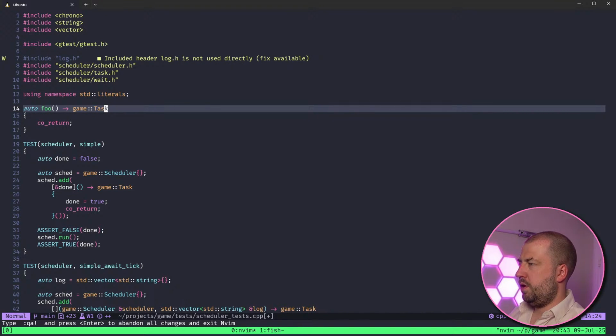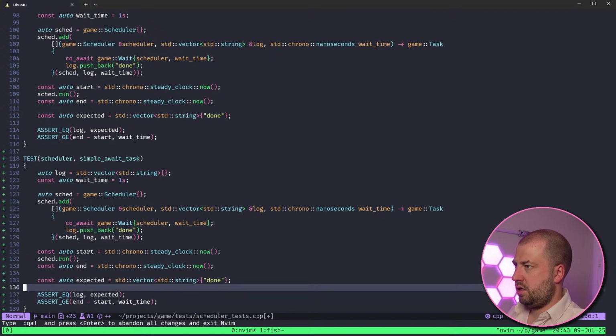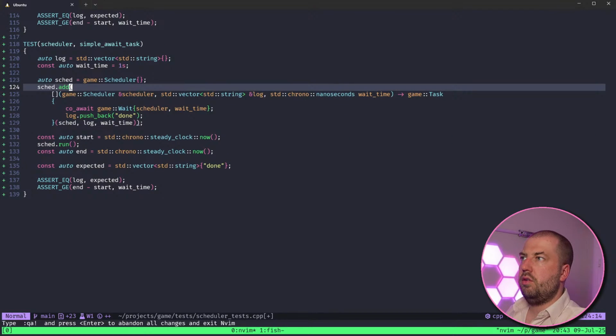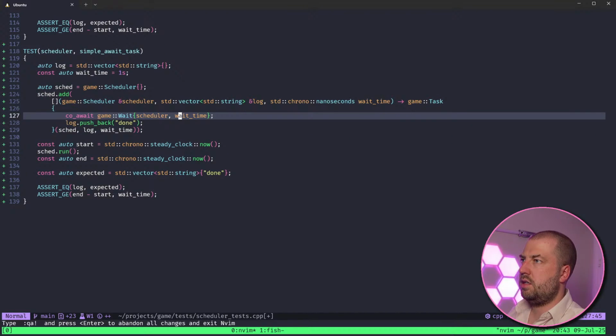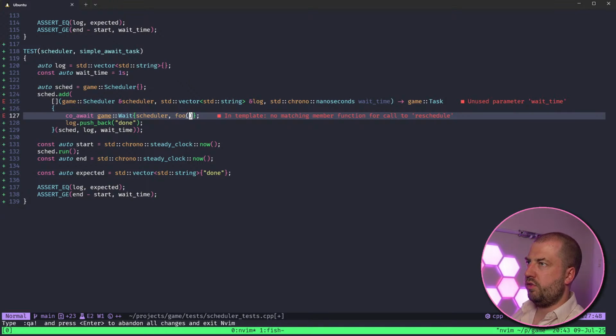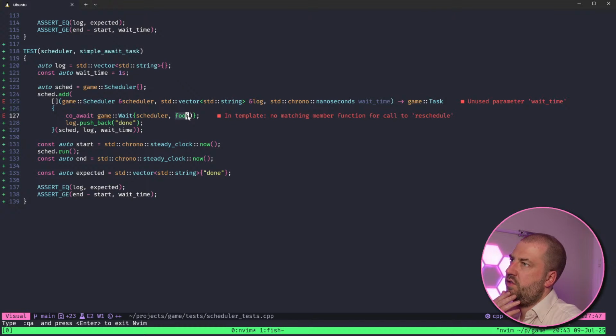Let's see if we can await that. So scheduler add, scheduler wait foo. That's basically what I want to do, to be able to say wait on this coroutine.